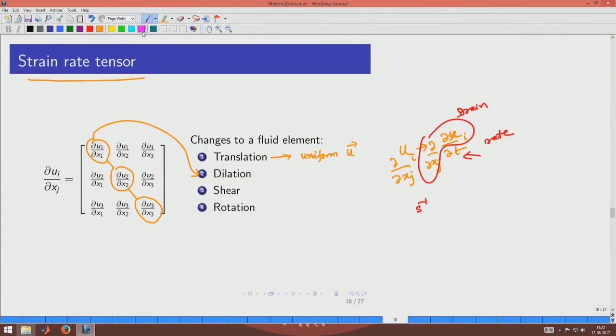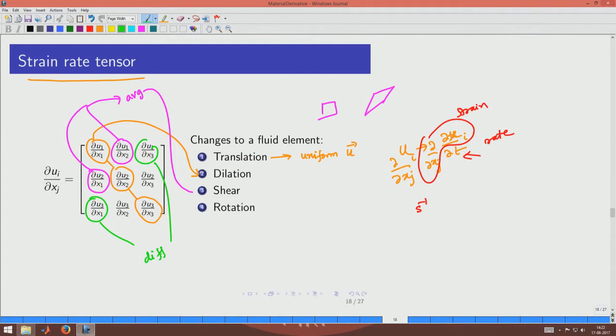Now, what about the others? We would expand on the others later on, but at this moment I will just mention that these are actually causing something else. Whenever you take the off diagonal terms, and look at what is common to them, the average, that would actually cause the shear, which means that a control volume which looks like that would go something like that. And if you look at the off diagonal terms and their difference, then the difference is going to cause rotation, which means that something like this would then become like that.